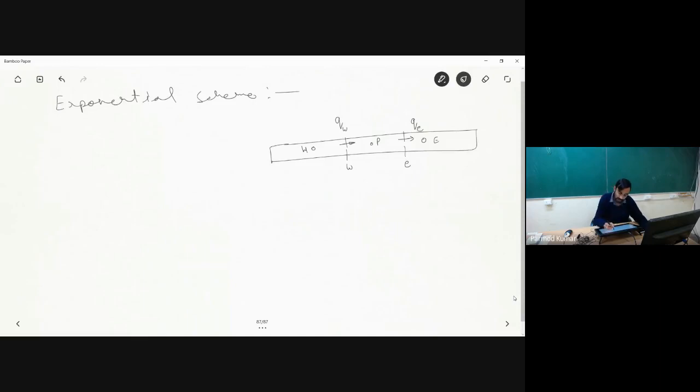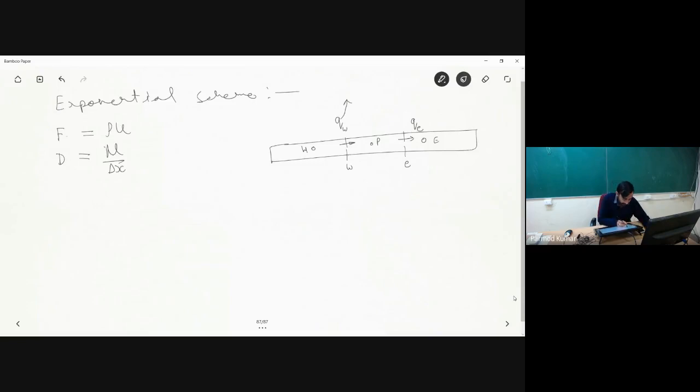So what I am trying to find out is the net flux of scalar phi through face w and through face e. What do I mean by net flux? Convective flux we have already seen. Convective flux is nothing but rho times U, and we have seen diffusion conductance D as nothing but mu divided by delta x. So if we now compare the net effect of convective flux and diffusion conductance.